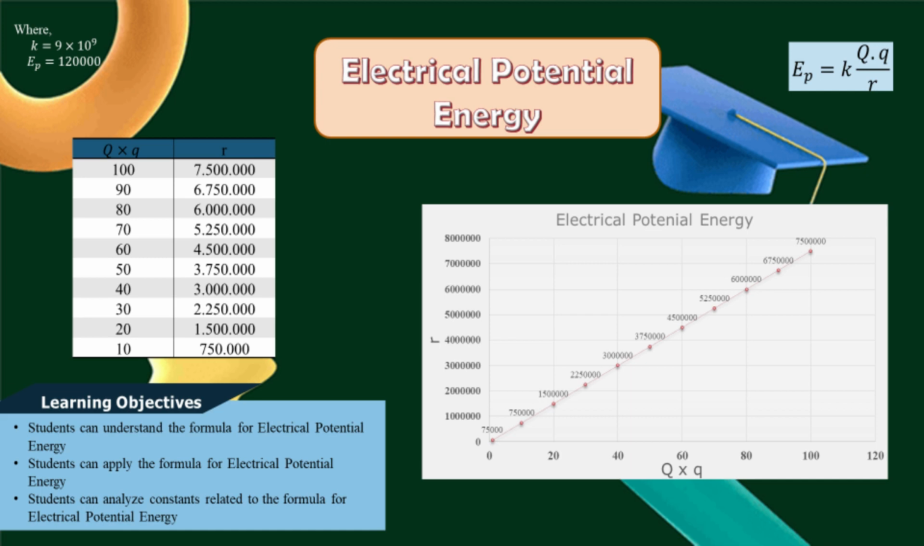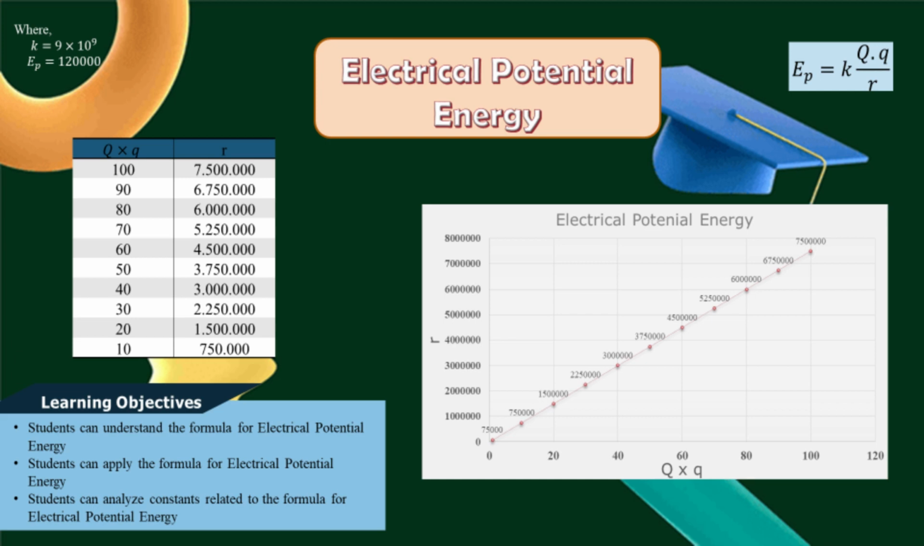And if we have the big Q times small q is equal to 50, we have the R is equal to 3,750,000. And if we have the big Q times small q is equal to 40, we have the R is equal to 3 million. If we have the big Q times small q is equal to 30, we have the R is equal to